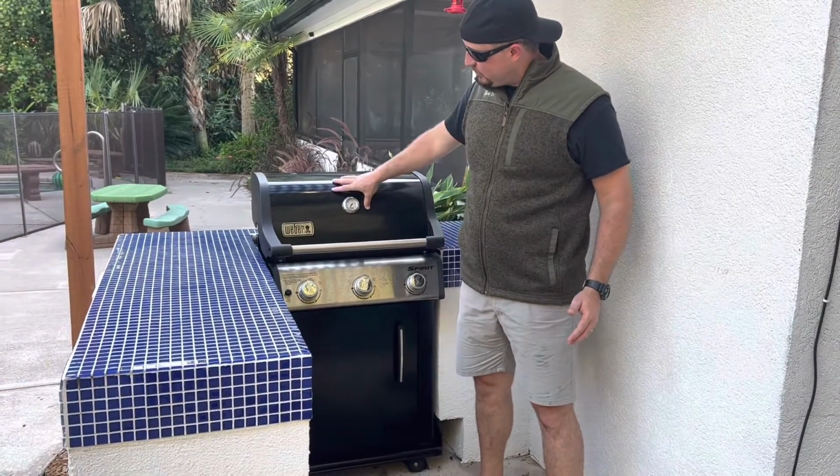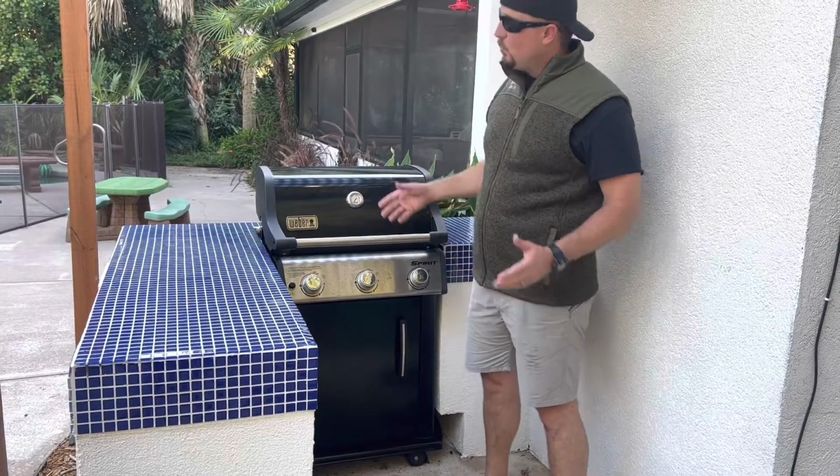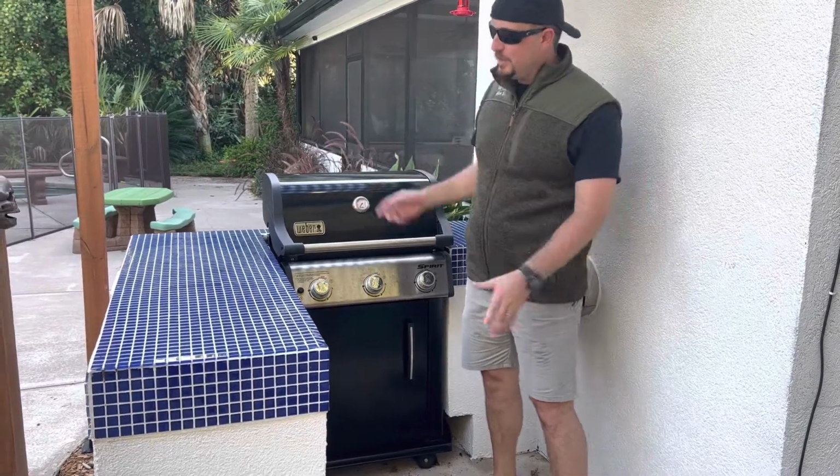So we've had this grill for over a year, maybe a year and a few months. And we bought it when we set up our whole outdoor kitchen. We have a whole series on our outdoor kitchen where we build this, put in a slab, do the pergola,